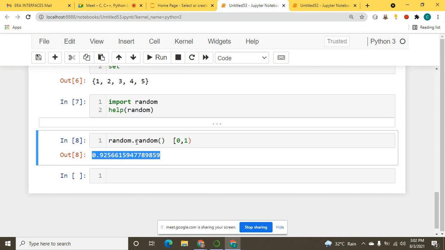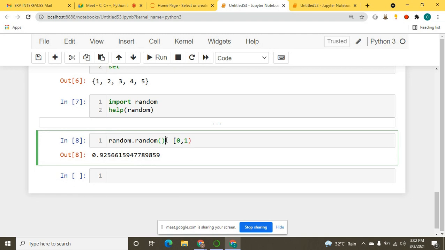By using the random module, I'm using my random function. It will generate a float number, and that will be in the range 0 to 1. Your starting number will be 0 and 0 is included, but 1 is not included, because if 1 were included, that would be an integer, and the random module will just give us a float number. So it is less than 1, not including 1.